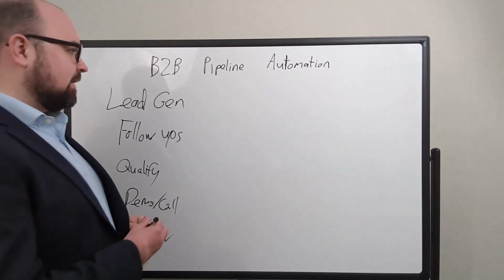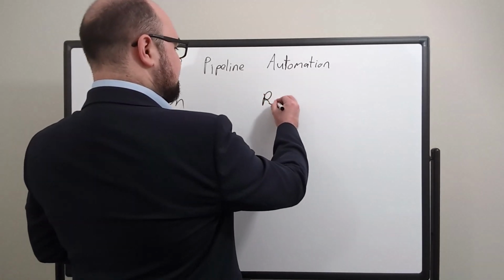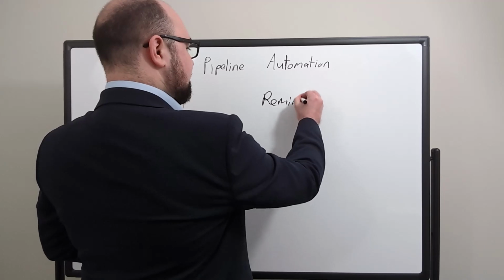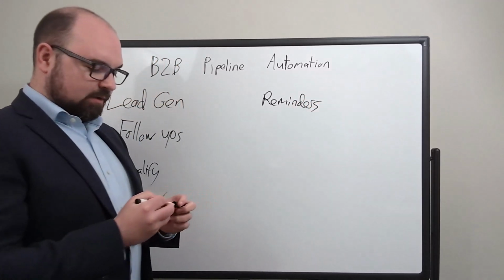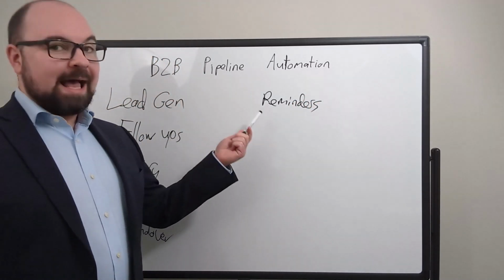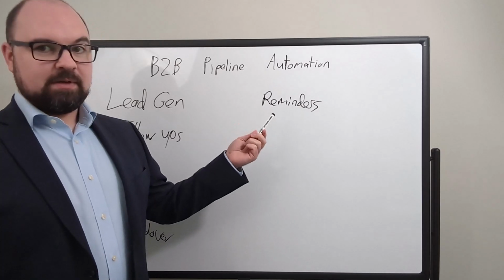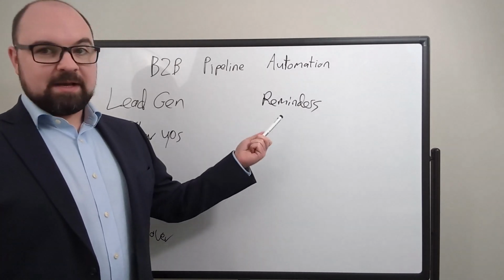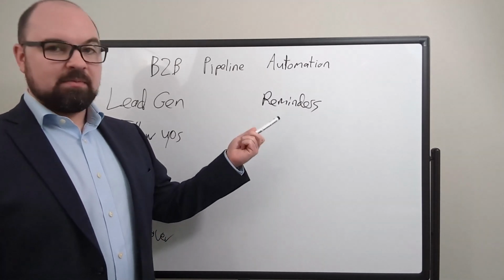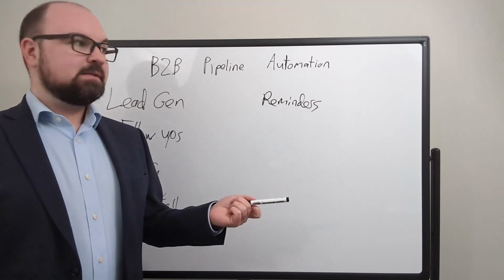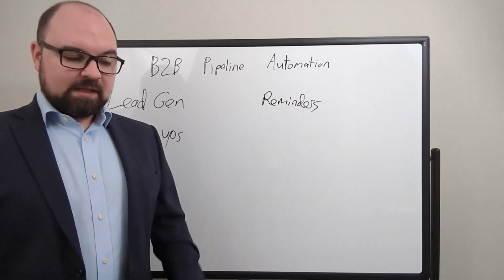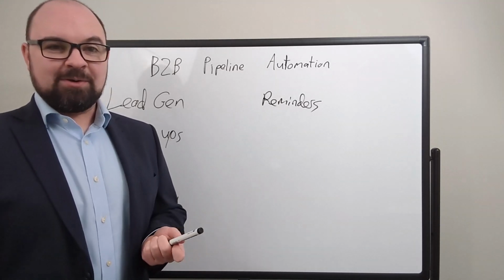So the next thing then is your reminders for the call or the demo, whatever it is. Okay. Now, we do this in a couple of ways. We do this in email and we do it in SMS as well, okay? The reason we do it in both is because emails are kind of just generic. If people book a call, a lot of people know they're there, but a lot of people are flooded with emails. The reason we do it on a text basis as well is because everybody has their phones on them